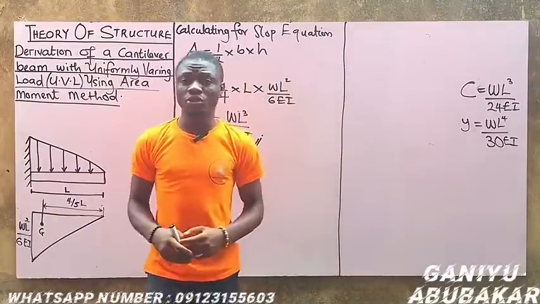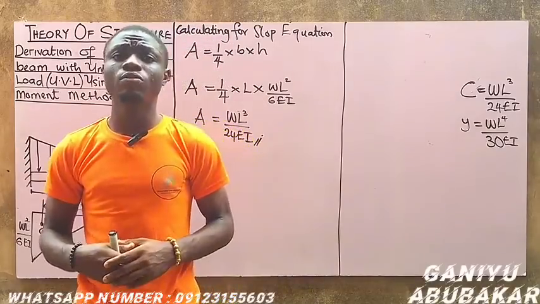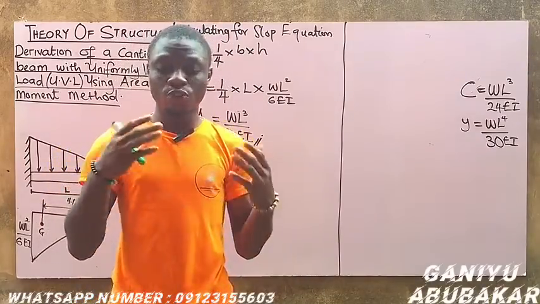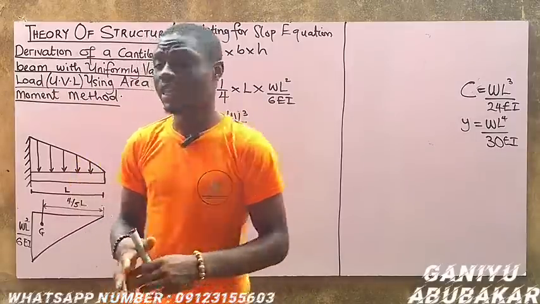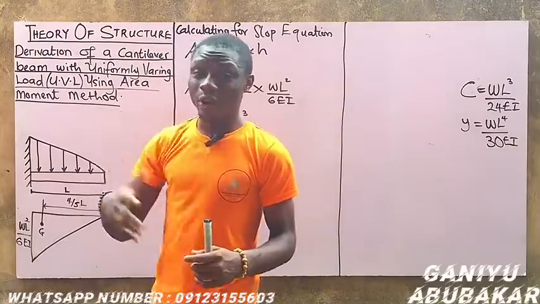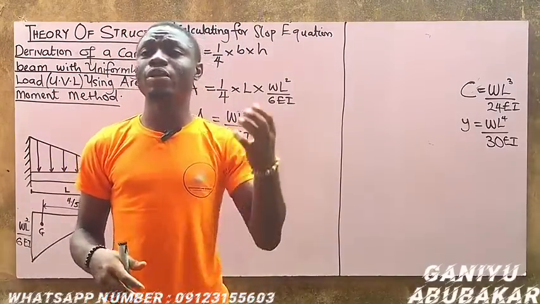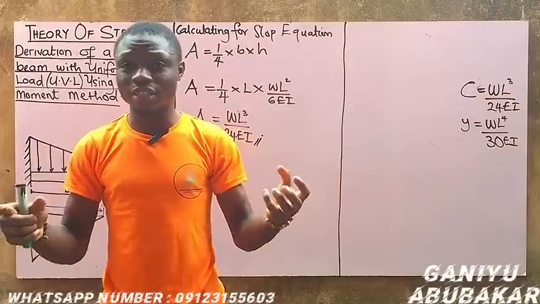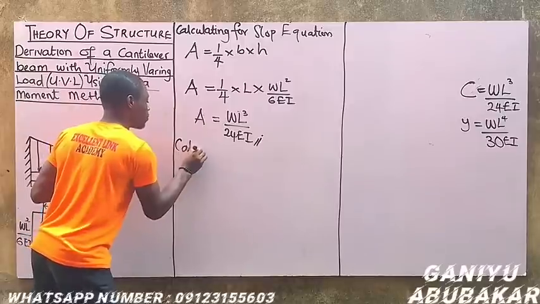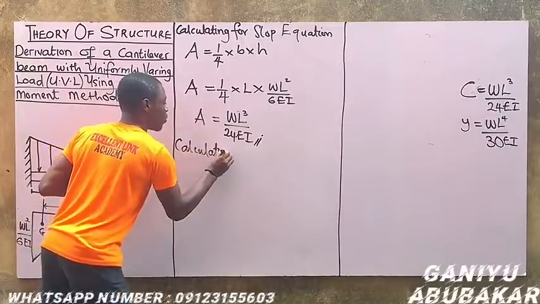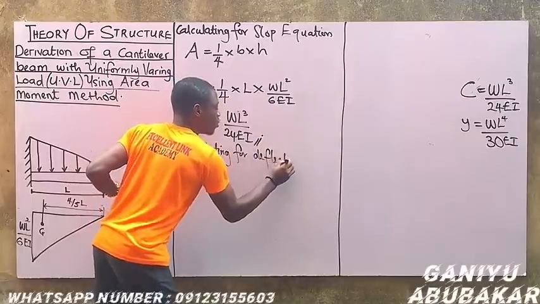So let's proceed to deriving the deflection equation. We said when you want to derive the deflection equation of a cantilever beam or anything using the area method, your task there is to multiply your slope by the center of gravity. That's all. So at this point, calculating for deflection